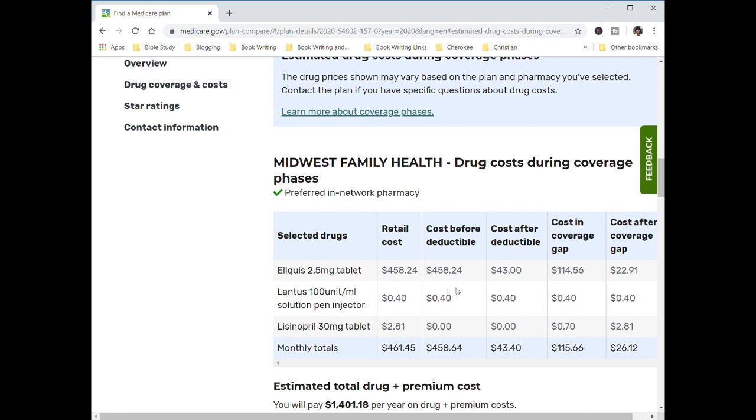My Eliquis is going to be $458.24 that first month until I meet the $435 yearly deductible, which I will meet that first month. My Lantus is going to be 40 cents, and my lisinopril has a zero copay. So that first month, I'm going to be paying